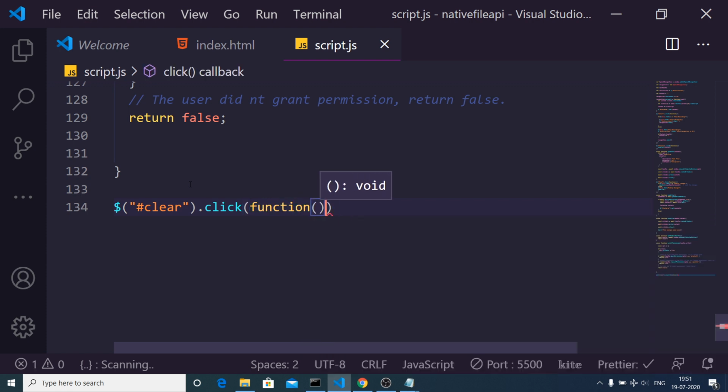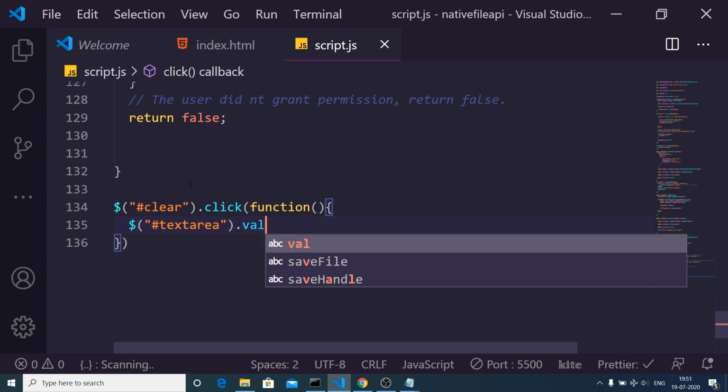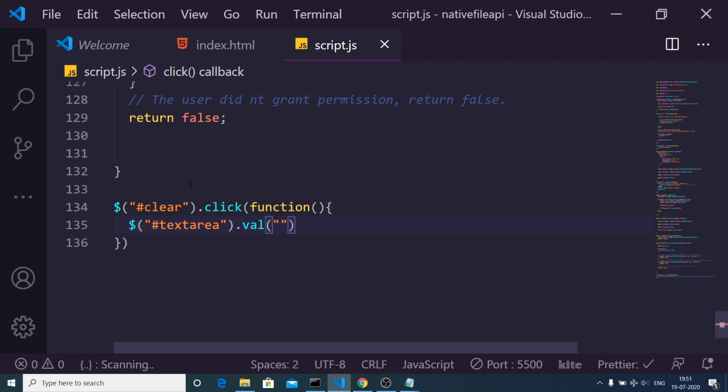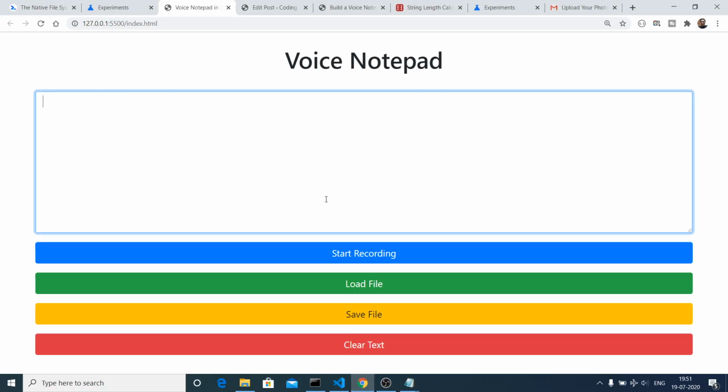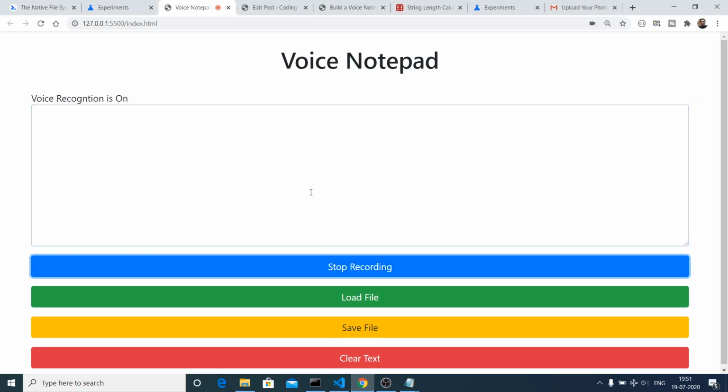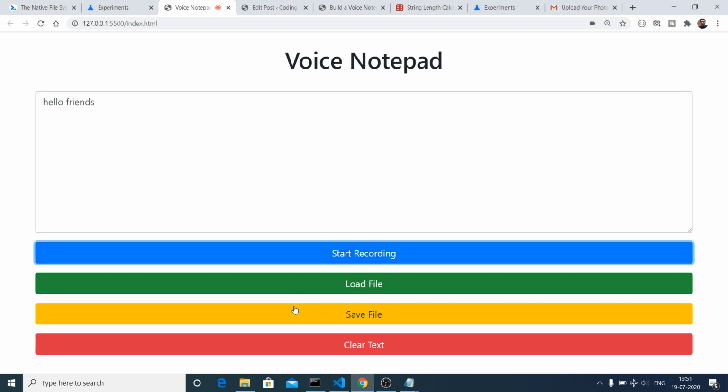When we click onto this button, first of all, what we need to do is that we need to clear out the entries which are there inside the text area. So text area dot val to nothing. So now if I refresh, click start recording, hello friends, if I click clear text, all the text will be removed.